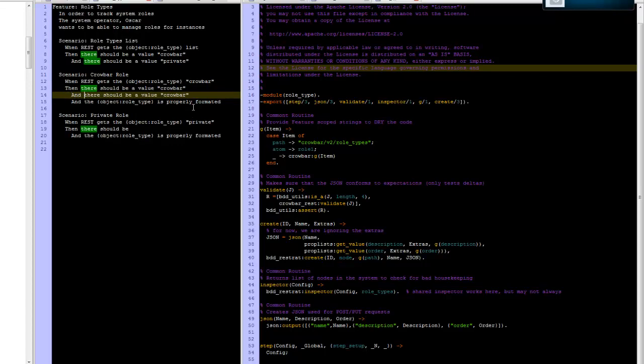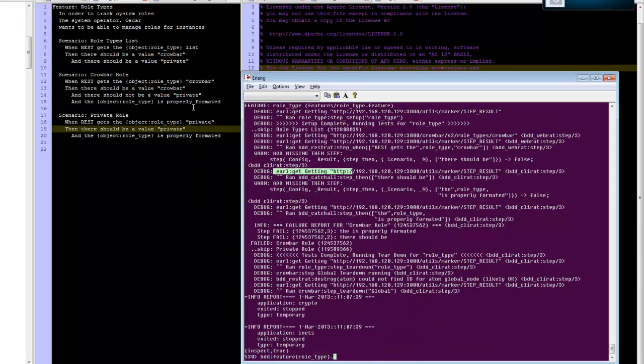These are defined, and there should not be a value private because I'm just getting the one object. And I actually have test. There's a whole bunch. And there should be a value private. Okay. So now if I run it again,